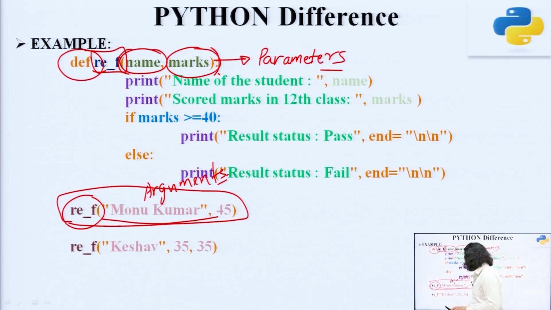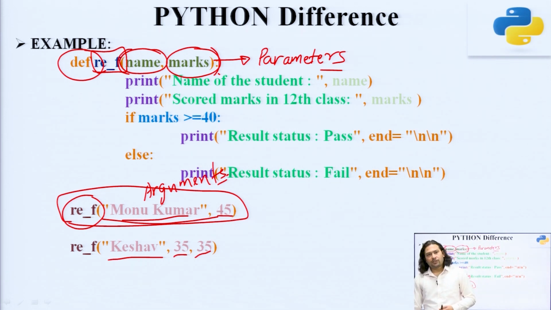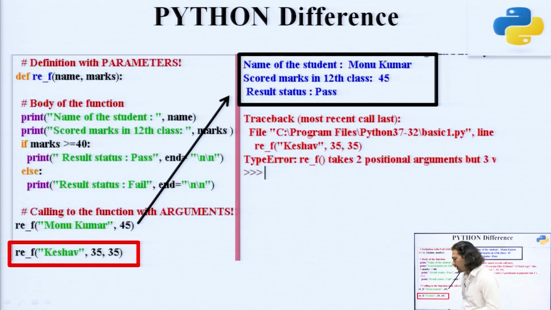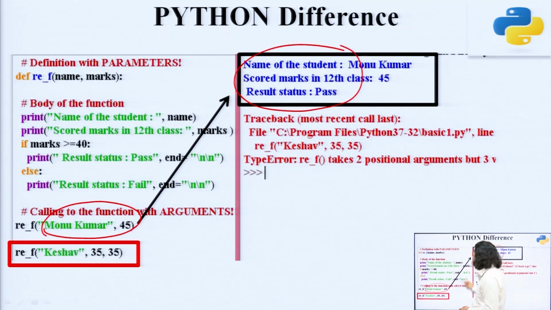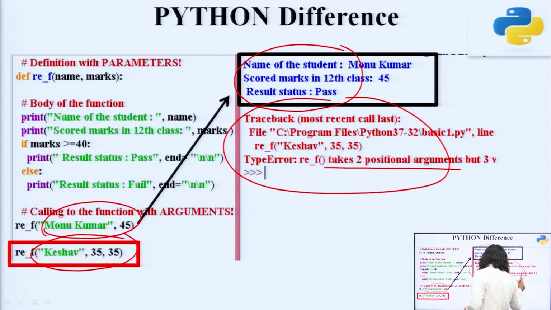Here you can see that the information is Monu Kumar with 45 and Keshav 35. Now you can see the parameters, or you can say the arguments, are changing. In one calling statement we have 2, in the third one we have 3. When we call the function with the right numbers, it is executed, but when we call it with the wrong number of arguments, it is not executed, because it requires 2